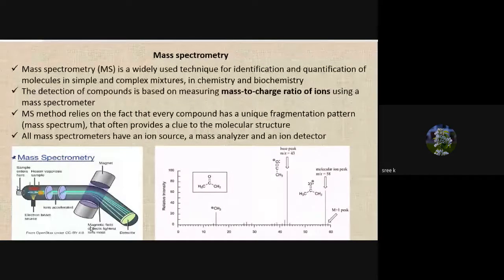The detector detects the ions having different kinetic energy, and the time of flight is different for different ions. The spectrum is formed with respect to relative intensity and mass divided by charge. From this spectrum, you get different peaks that represent the different ions, and you can get direct information about the particular molecule.